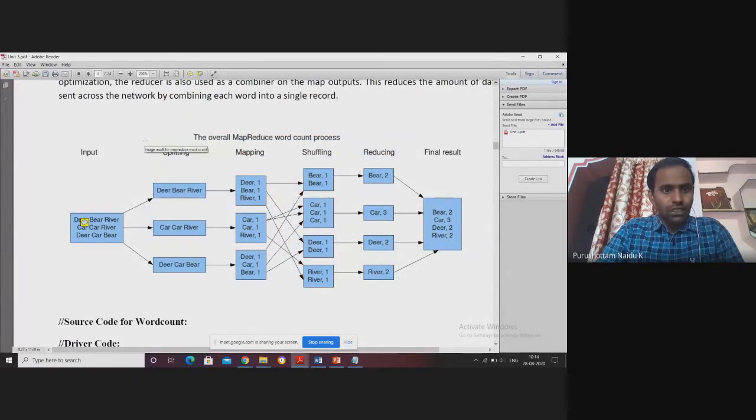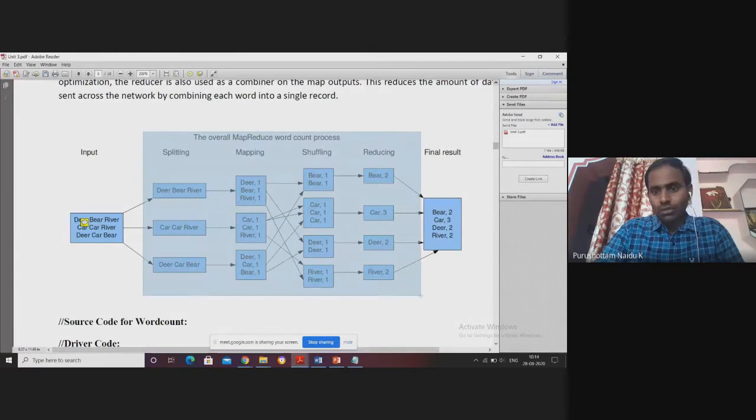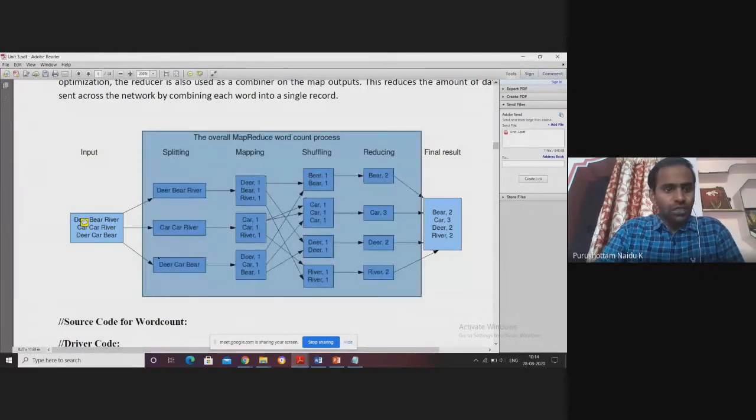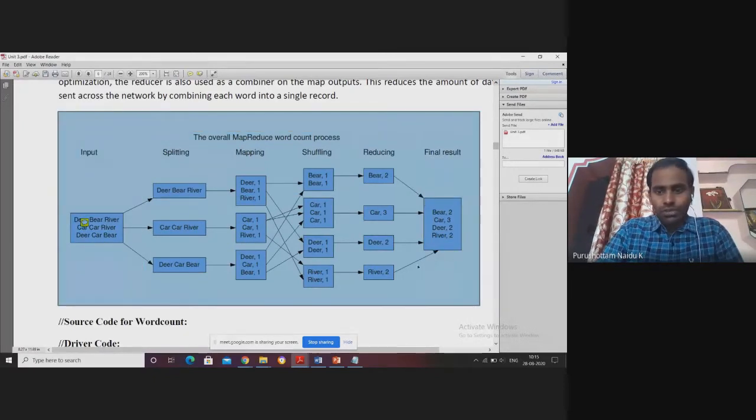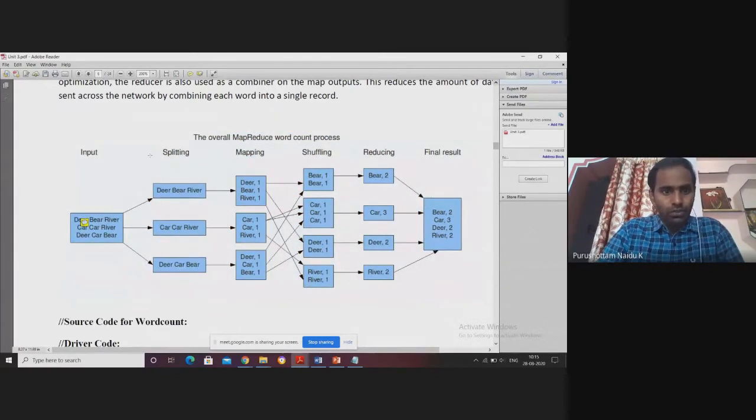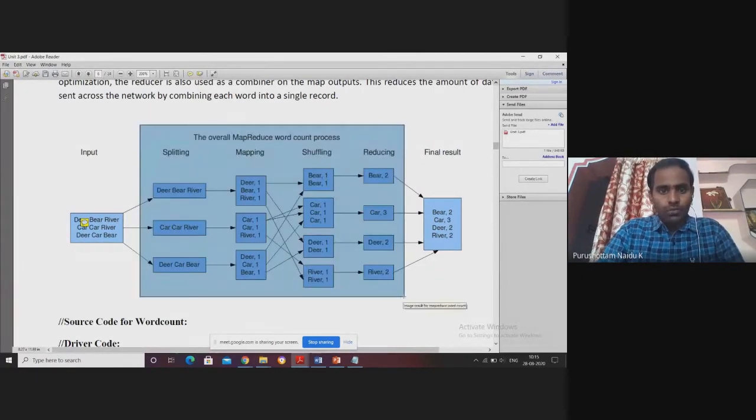We are not writing anything for it; we just have to give an input to our program, then we get the final result. In between, the MapReduce program is executed. This is the actual role of the MapReduce program.